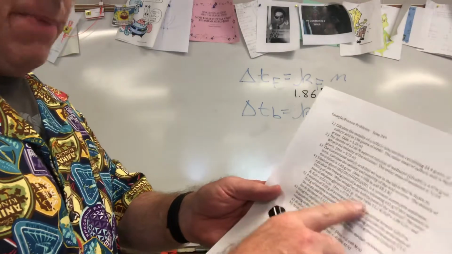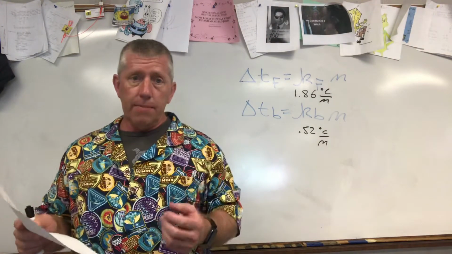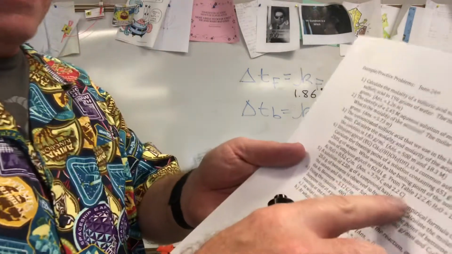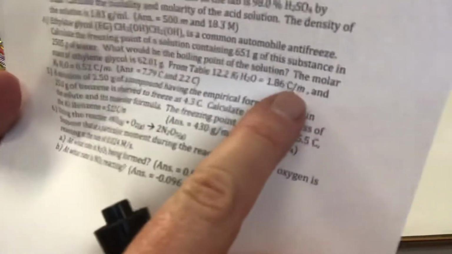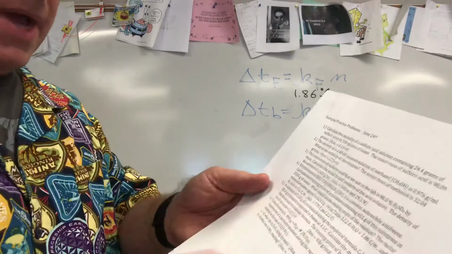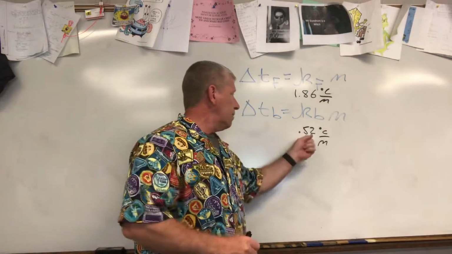Okay, from the table, and that's table 12.2 out of the book that we use for the class, the chemistry book. It's in there. Any chemistry book, you'll find this. You'll see the 1.86 degrees Celsius per molar. There you go. Degrees Celsius per molar. Sorry, on the board for you. Again, I'm here for you. I put these down for you so you don't have to look them up. Okay? Again, you relax, chill. And we also have that one